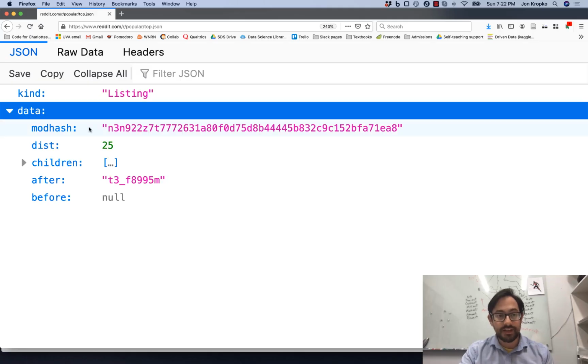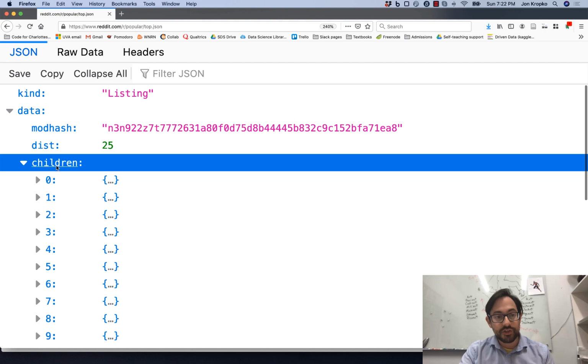Okay, so under data we have modhash, dist, I don't know what all of these things mean, but after, null, and here we have children, which has more nesting. Okay, so these four are again a second level of metadata. Now under children, now we get to the records. So this is the current top post on Reddit, the next one, and the next one, and the next one,